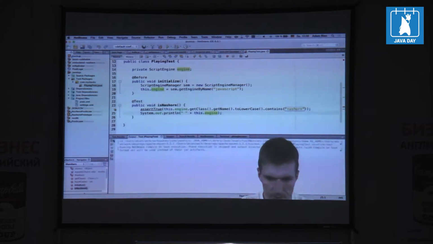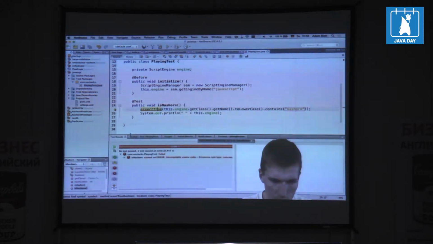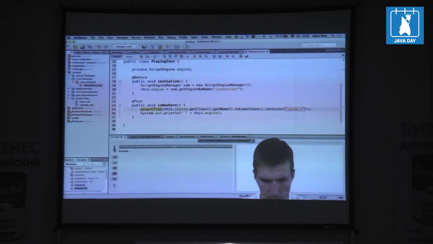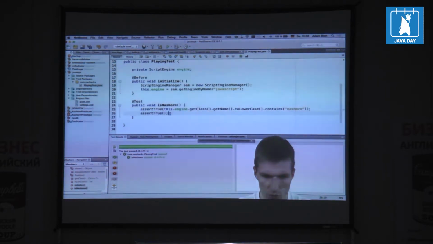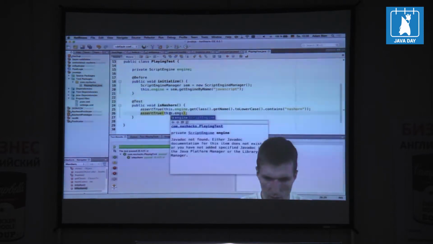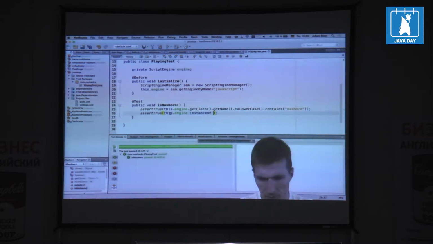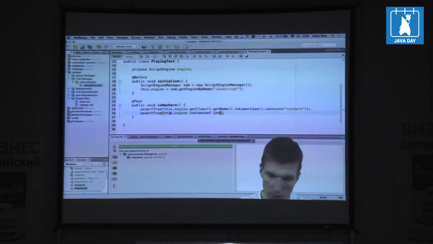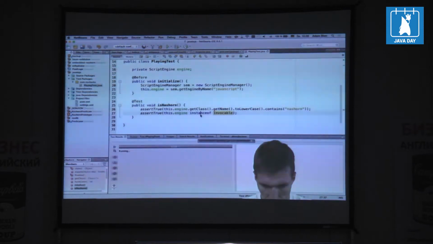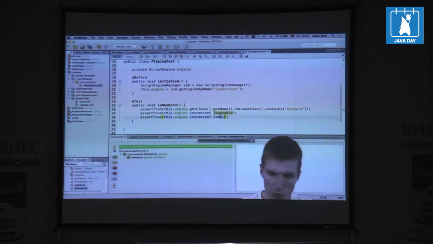So, forgot an import. Do it again. Okay, seems to work. And Nashorn is assert true callable, which is pretty exciting. I will show you in a second. Instead of call, invocable is, yes, invocable. So it is invocable. What it means I'll show you in a second, and it is also compilable, which is